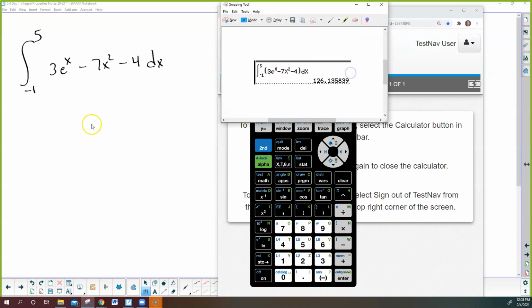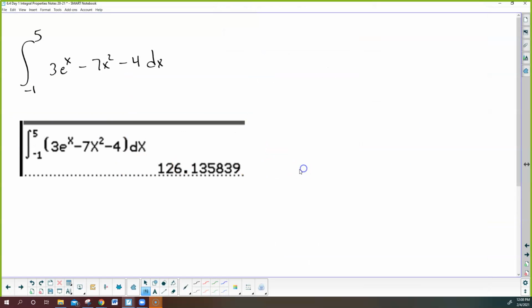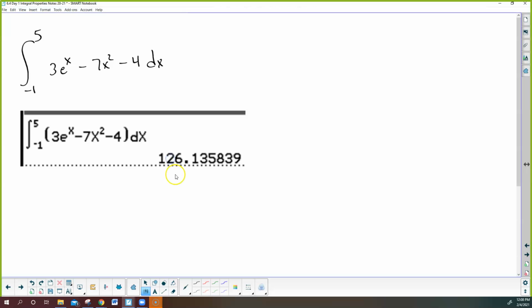Now, if we ask you to show your work, then you're going to have to show this by hand, because you could do this one by hand and you get the same answer. Okay, so just be able to do both. We'll spend more time next week doing stuff in our calculator just so you're comfortable with it. If you didn't get this notation to pop up, watch the video, and if it still doesn't work, then we can talk. Some calculators, like the TI-83s, they don't have this notation, so you would have to enter it in differently. Okay,